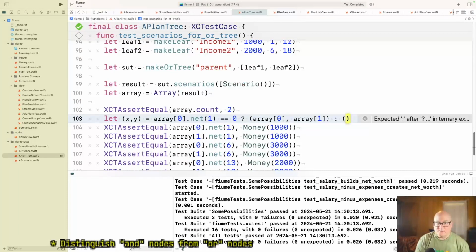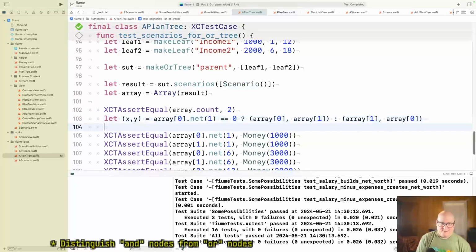Otherwise it goes to array sub 1, array sub 0. I don't know if I'm being too obnoxious, but let's get through the test, get it failing properly, and then see if we can make it work.